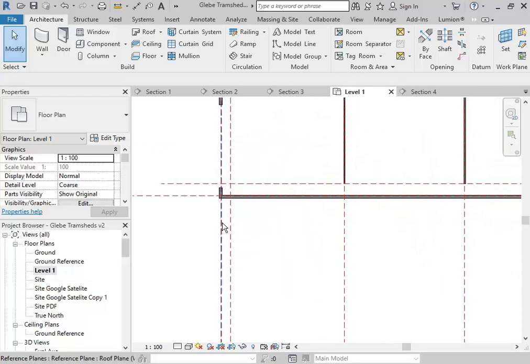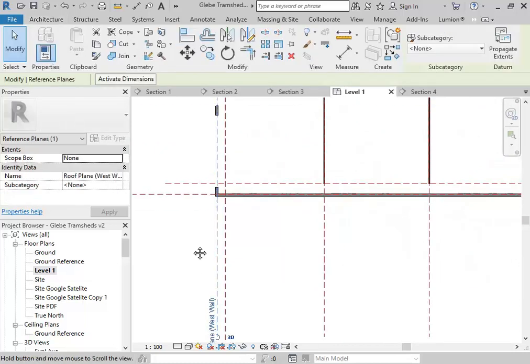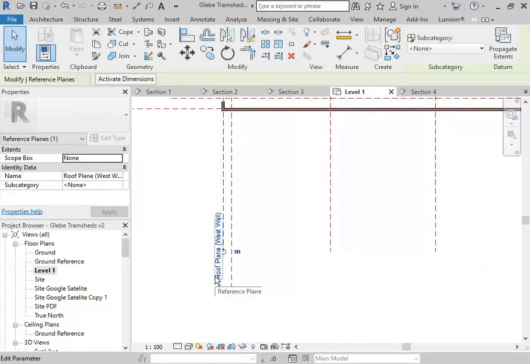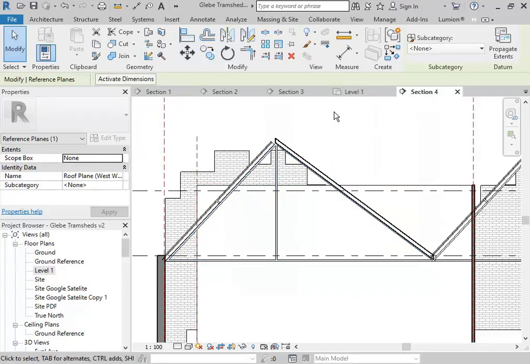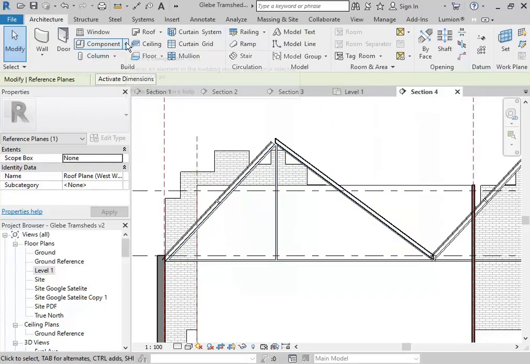I'm going to use Tab just to highlight it, and then I can see what the name is. So it's roof plane west wall. So if you're using this file, it'll probably have that plane with the same name. Yeah. Yep, great. So then now in this section, we can go to Model in Place,